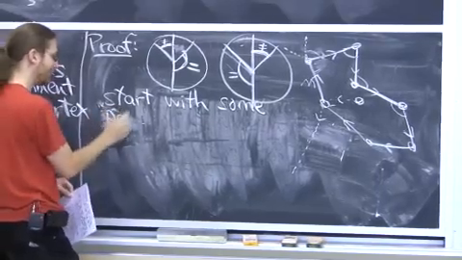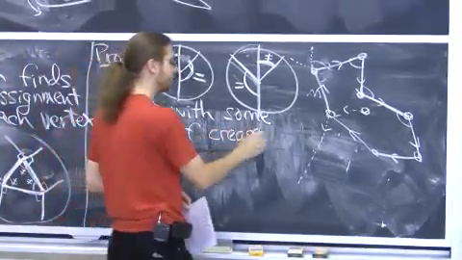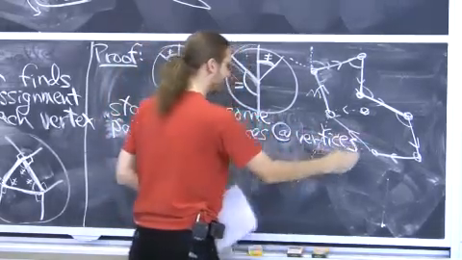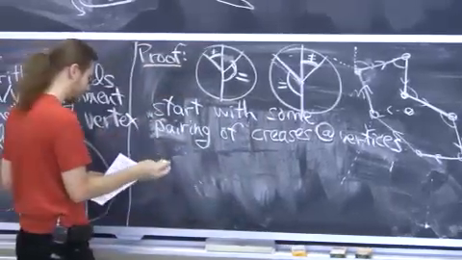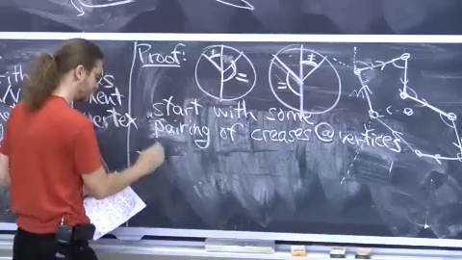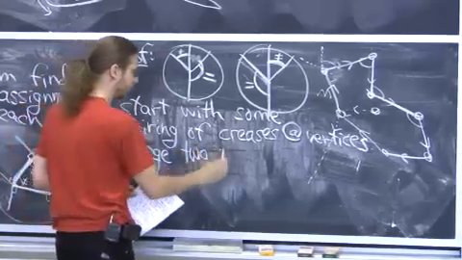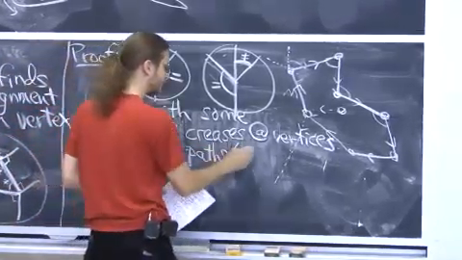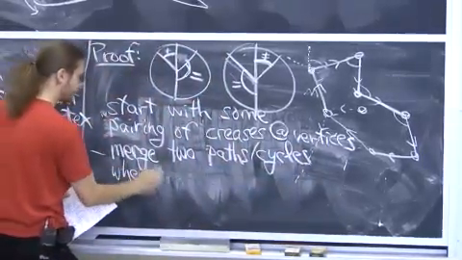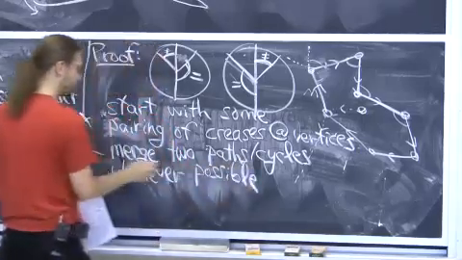I'm going to say with some pairing of creases at vertices, and merge two paths or cycles whenever possible. And when I say merge, I mean